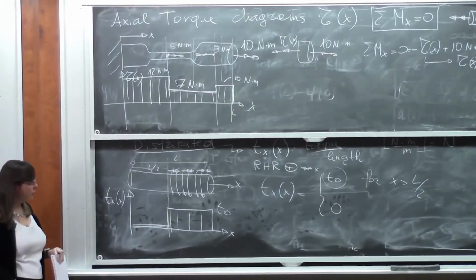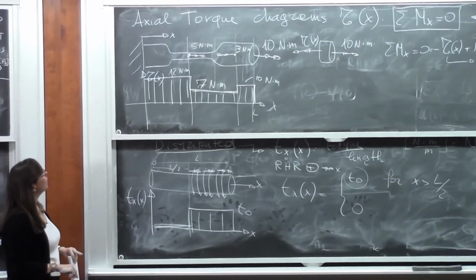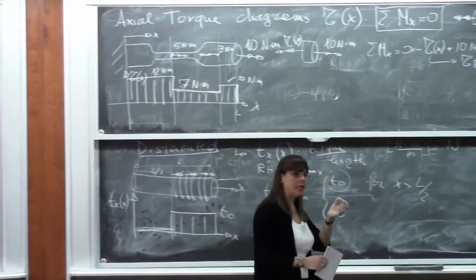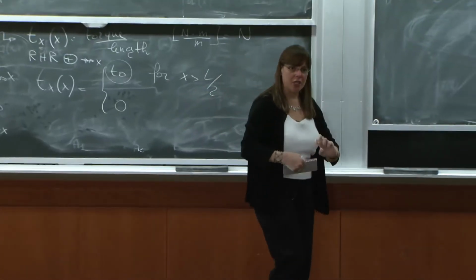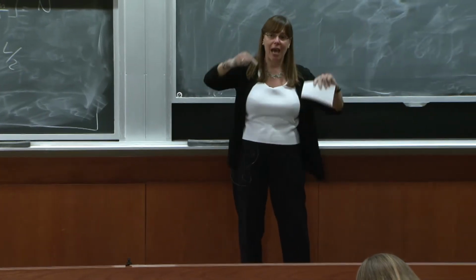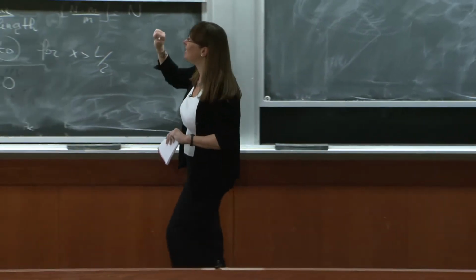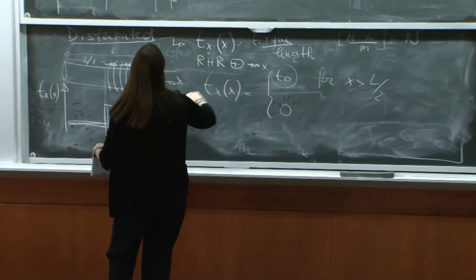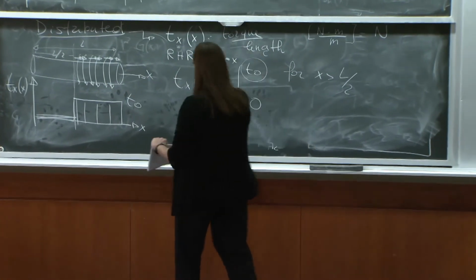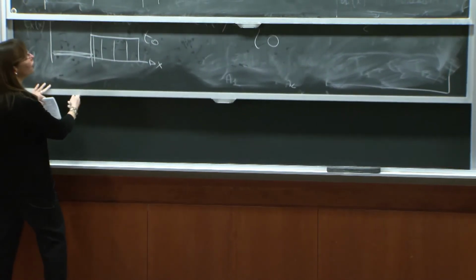So this is t, not T. This lowercase t needs to be distinguished. The lowercase t is the distributed load. The uppercase T is what's inside the shaft. The lowercase t is what I'm applying to the shaft, what the world from the outside is doing to the shaft. T is what's inside the shaft, what's carried by the stress, what controls the deformation, what gives you the strain. This one is what I'm doing to the shaft. And then from this, I obtain what the shaft feels